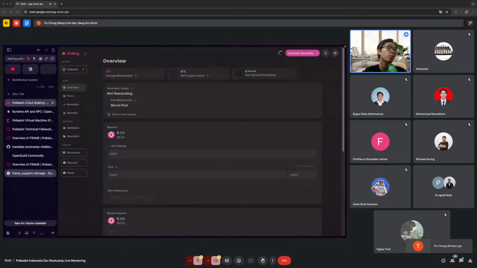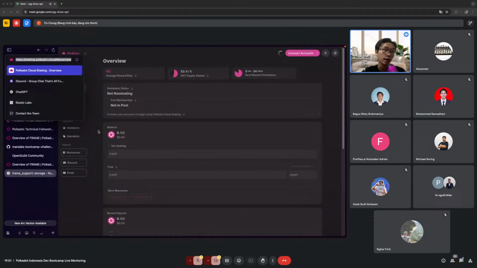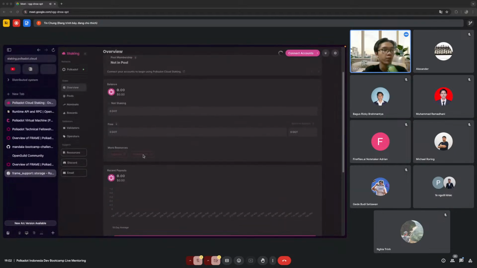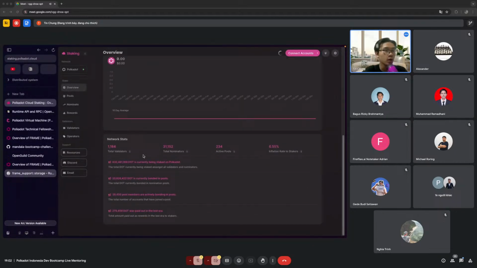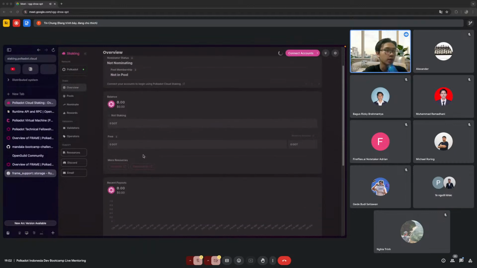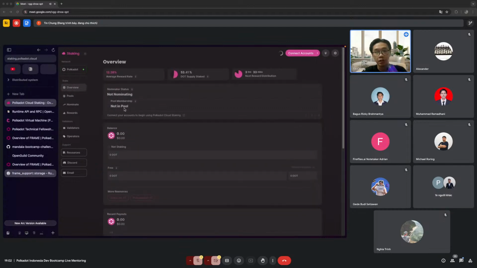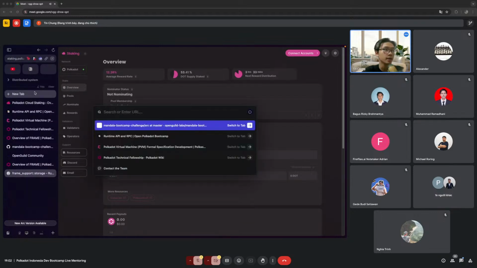Yeah, so if you go to Polkadot Cloud, staking.polkadot.cloud, you can find that this application is basically a staking application built on top of the staking pallet, not just NFT. So this one is a financial application, right? Anyone can stake their DOT to earn from the nomination pool, to earn from the validators, from the block validators. You can participate in the nomination pool, stake your DOT, and earn from it. So that's one application built on top of the staking pallet inside the Polkadot SDK. What else?